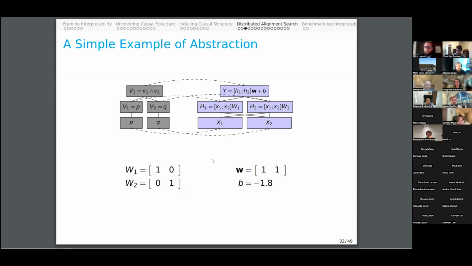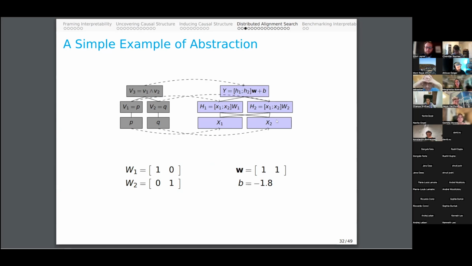the figure that Danya showed at the beginning, which is this very simple network. So the task is just Boolean conjunction on the left side. And so this is a very simple program. All it's doing is taking P, taking Q, and then storing them. There's nothing happening at all at this middle layer. And then it just computes the conjunction of the two. And so a network that does this, if you represent